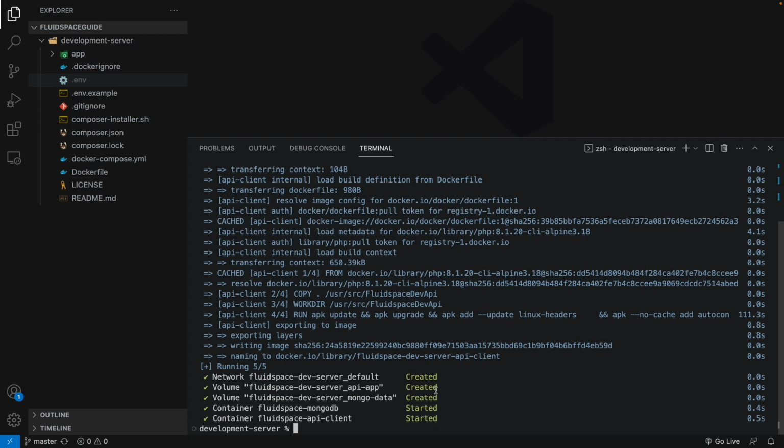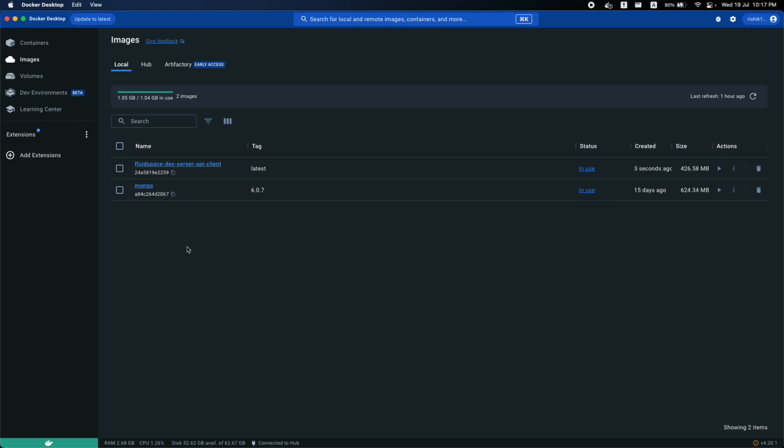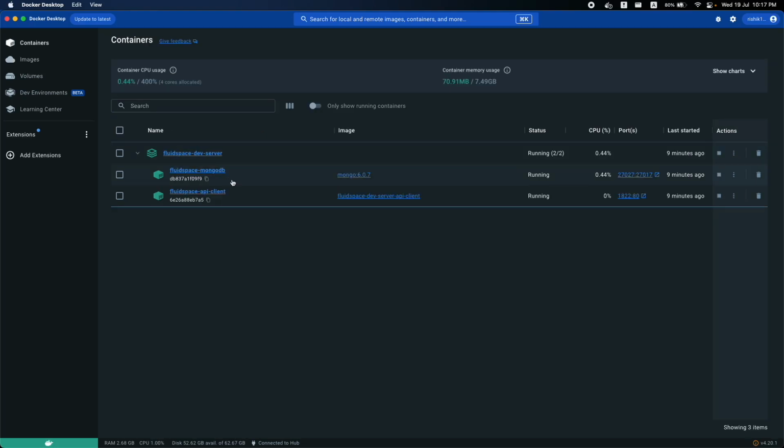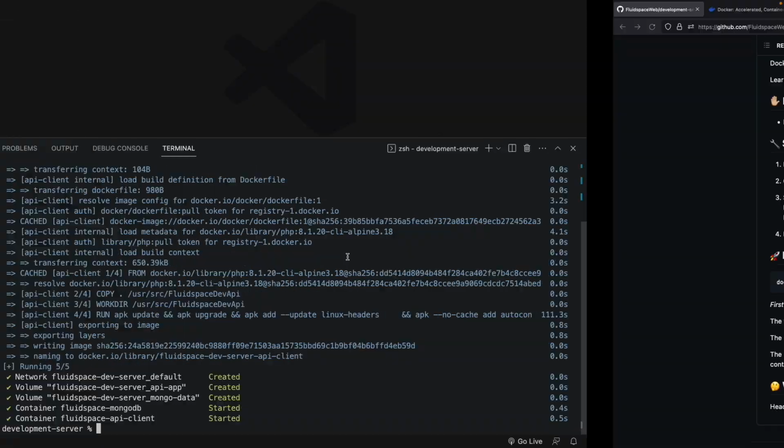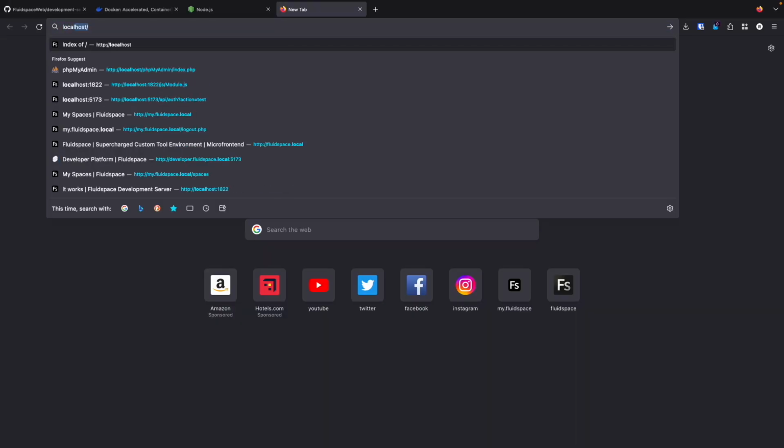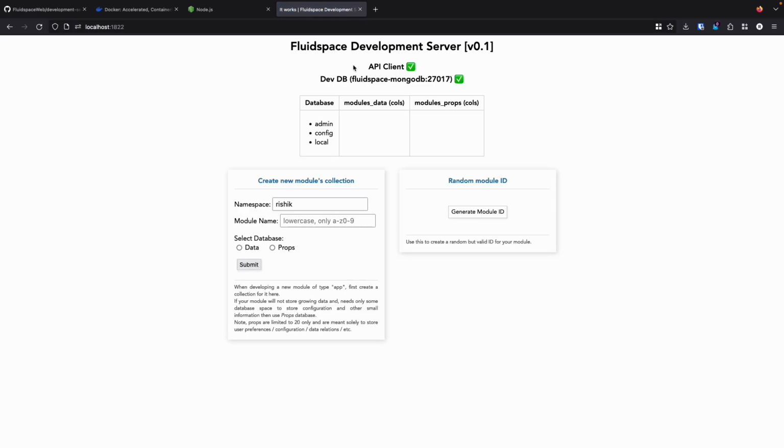If you have Docker Desktop, you can see in the images, you have two images. One is Mongo and the other is Fluidspace Dev Server API client. If you go to containers, you can see both of them enclosed in a container. You can check if everything is working properly or not by visiting localhost port 1822 API client